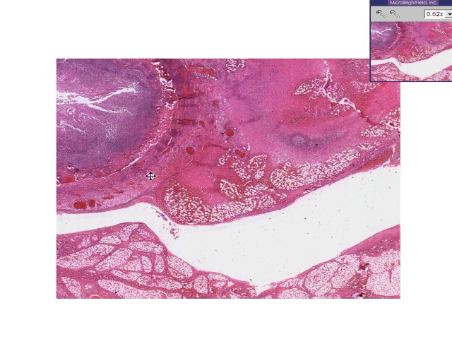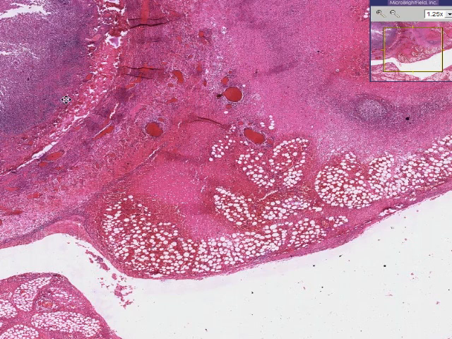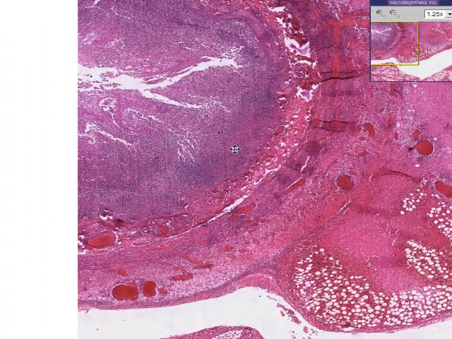I think you can also recognize the fact that along here is the remnant of what was once a muscular wall. And I think you could recognize the fact that there's a lot of washed out adipose spaces in the surrounding tissue here, here, here, here, and all along here as well. And this represents fat. The one thing you probably cannot recognize too well from this picture is the fact that